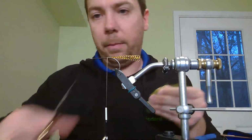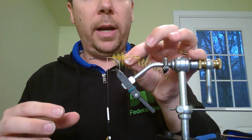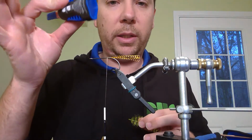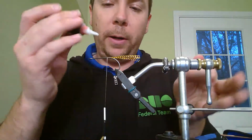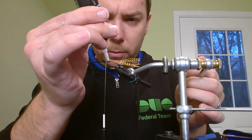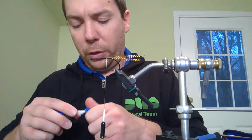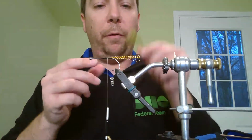This is a great tip for deceivers as well. So now I'm actually ready to go ahead and lay these in. The last thing that I'll do is I will take, because I have it, super glue. It's not required, but I will put a drop of super glue and spread it just a very thin amount on that thread dam before I put my feather on,